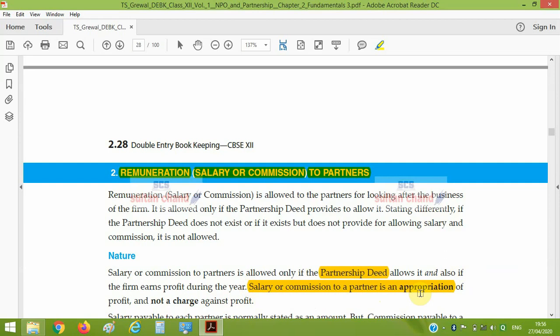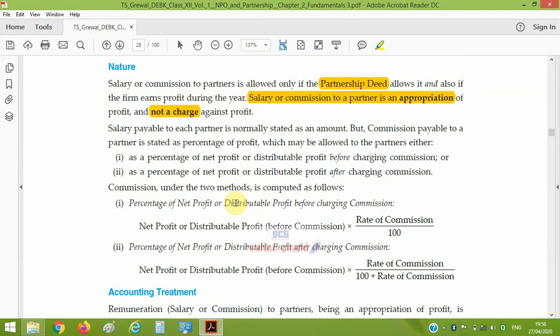It will always be appropriation, and it is not a charge item. And since it is not a charge item, all the remuneration, salary and commission will be shown under the P&L appropriation account, as we have studied in our previous class. Here the only thing is that sometimes a statement says that the partner will receive some percentage,